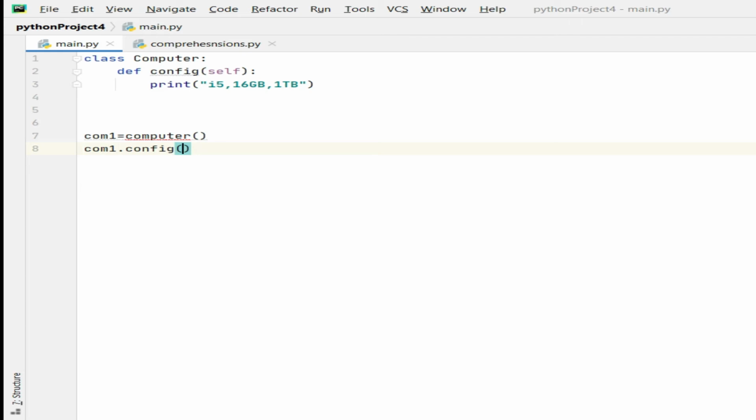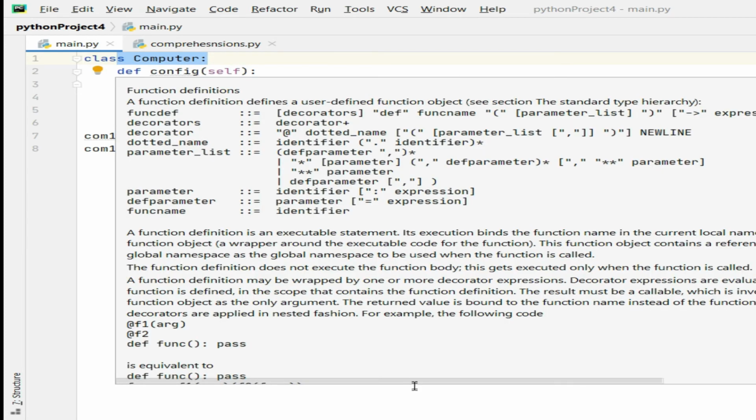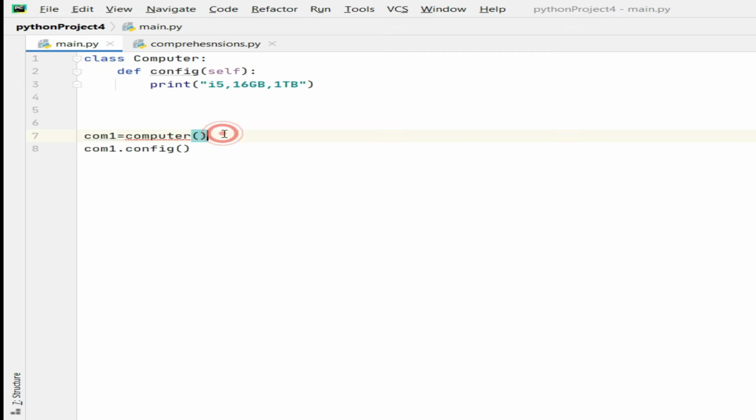So this is a simple class creation. Here I am defining a class Computer followed by the method, and after that I have created a class object called com1, which is pointing to the Computer class, and I am accessing that method with the help of com1. Whenever you want to access the class, you need to use the dot operator.